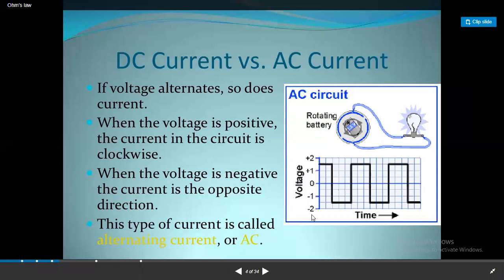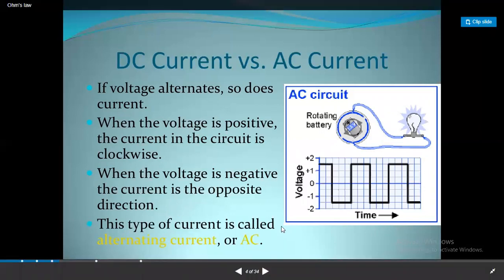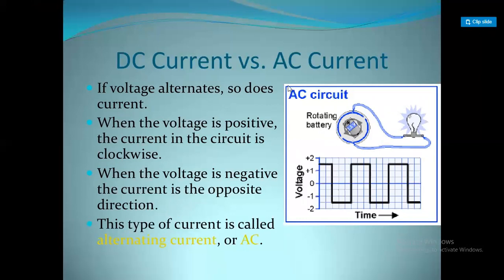So simply we can say, if the current or the voltage varies with time alternatively, we call it an alternating current. How do you say it? If the voltage or current varies with time alternatively, we call it an alternating current. These simple definitions we need to understand for the rest of the facts in this topic.